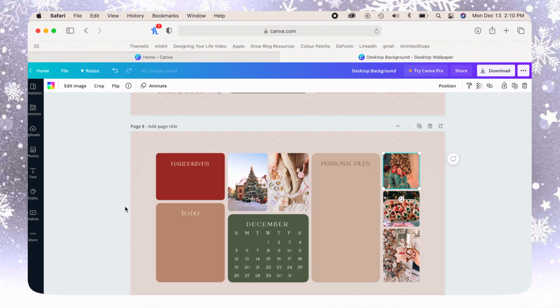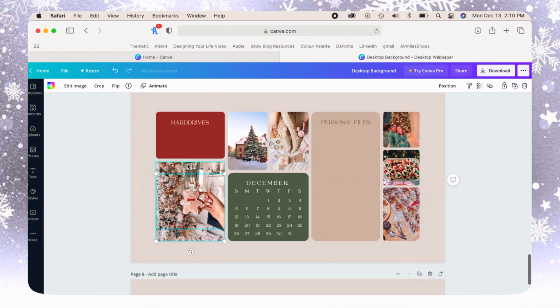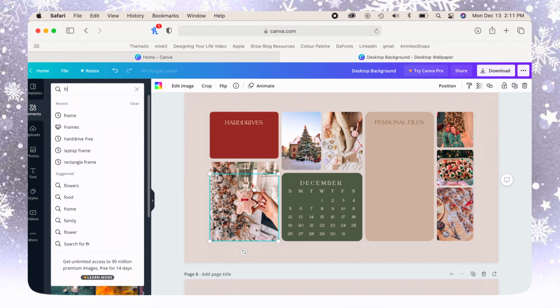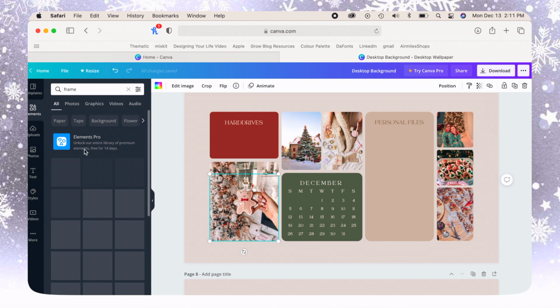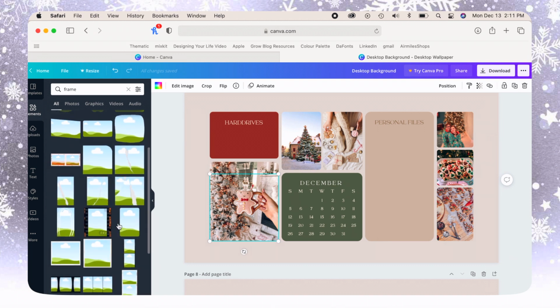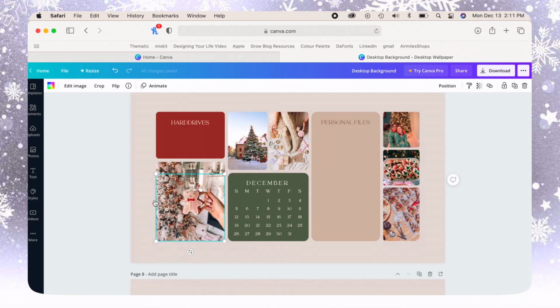in the other frames. Just a quick little thing to show you how to do the photo frame that I did for my secondary window. It's a little complicated. So what I did was I used a frame. Like all of the other photos in here, it's one of these. I just searched frame and elements. And I just found one with rounded corners, like something like this. I'm not even sure if that one's the right one, but something like that.